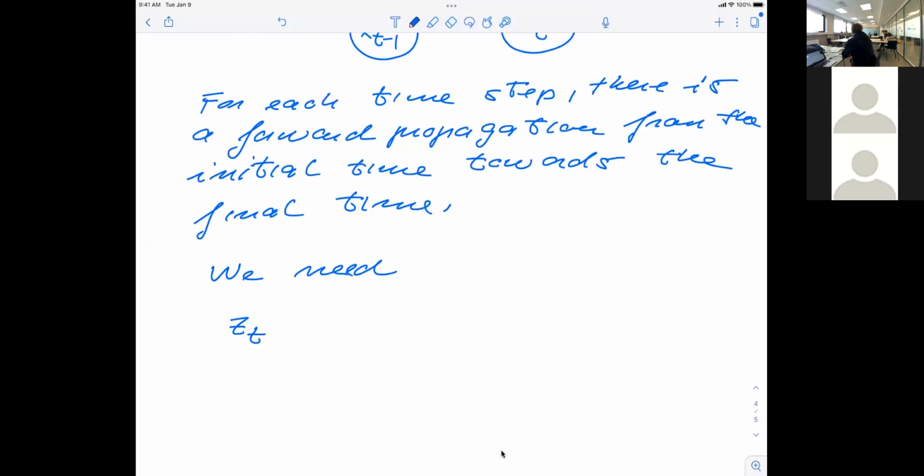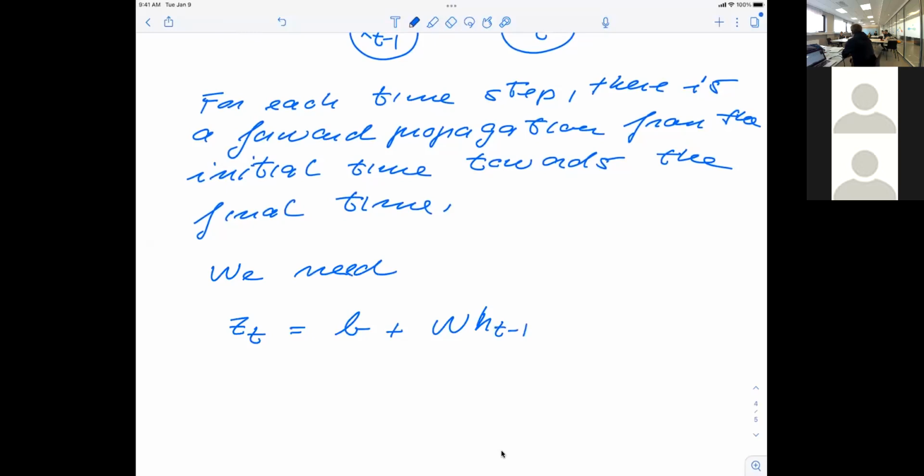And you can have many such hidden layers. So just keep that in mind. You can make these as deep as you want. So what you would have then would be something like a z of t, which has a bias, as before. And then I would have something like this W, these weights. And this is multiplied now with the output from the previous time step. So this has an h of t minus 1.